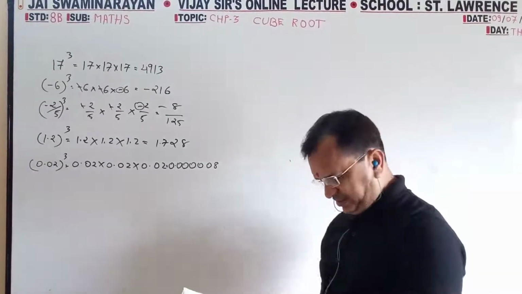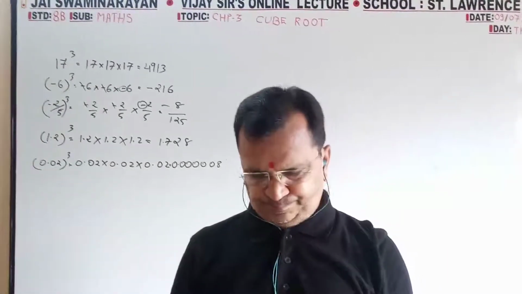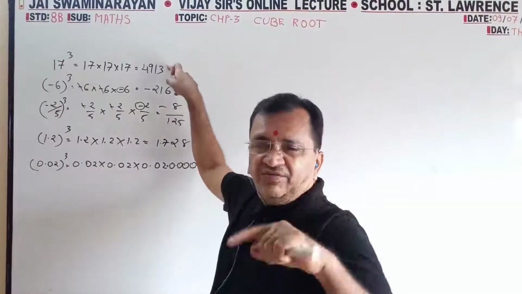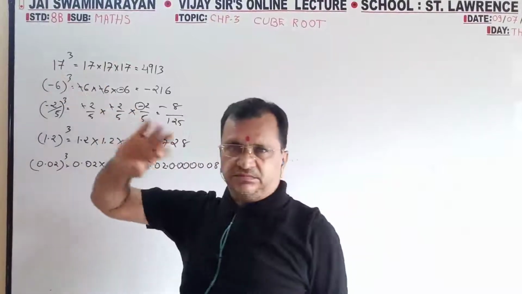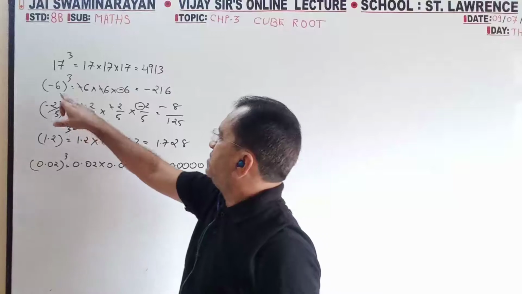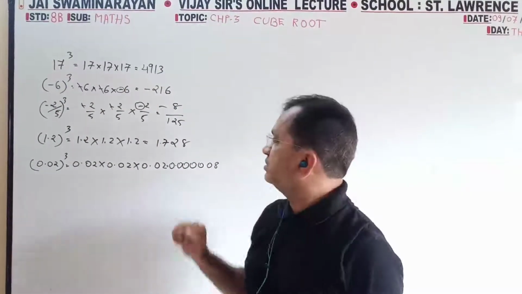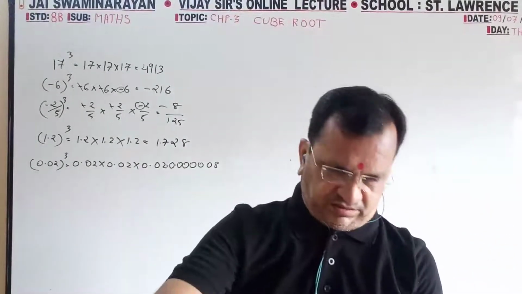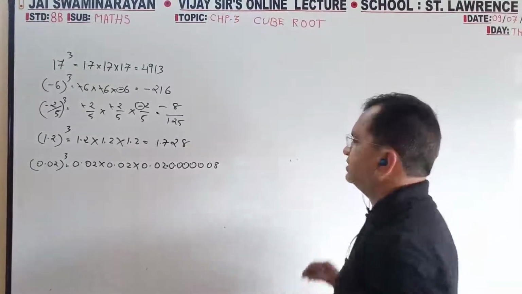So like that. Now we have to find out cube root. 17 cube is equal to 4913. Opposite: 4913 cube root is 17. I have changed the network. Wait 10 seconds. 6 cube is equal to 216. So 216 cube root is 6. So better you take a screenshot. I'll start with the second point. Take a screenshot.